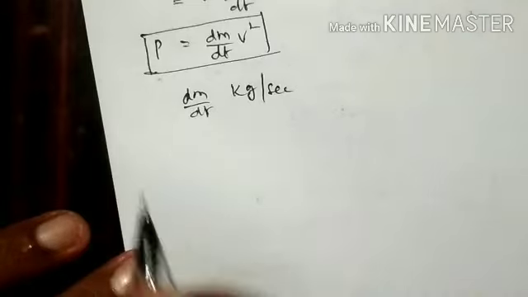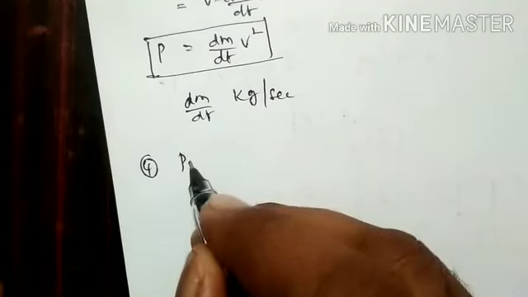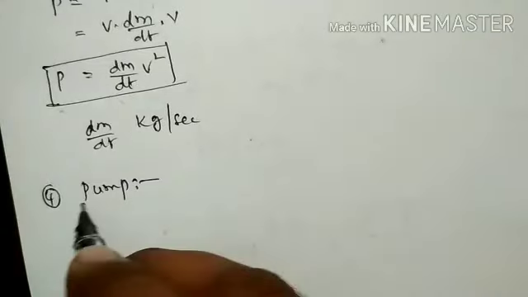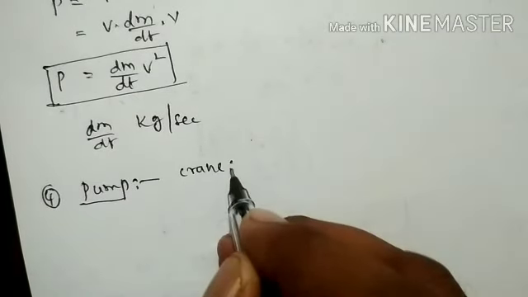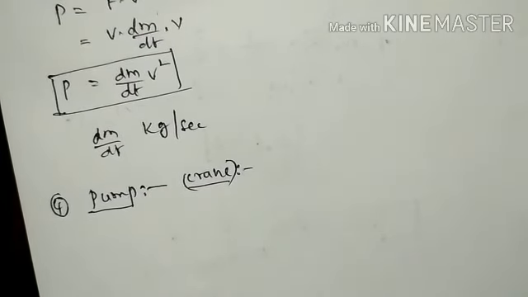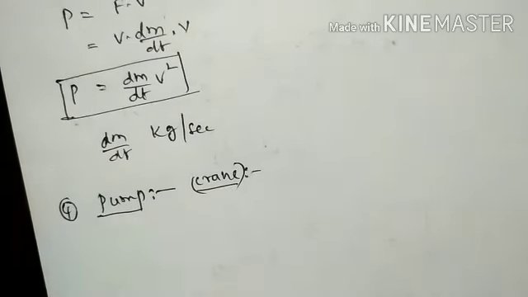And the next application. Normally in our houses we will have a pump, to lift water from the ground, or we can also consider a crane for lifting objects. Whenever a cell phone tower has to be installed on a building, or whenever there is building construction, the iron rods will be carried to the upper layers of the building. Then we will use a crane. That crane is doing some work, the rate of work with respect to time. Hence, we can consider the power of the pump or the power of the crane.